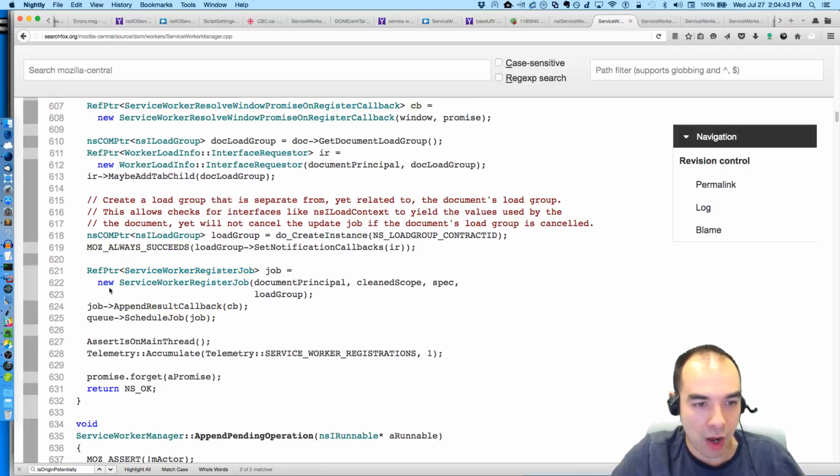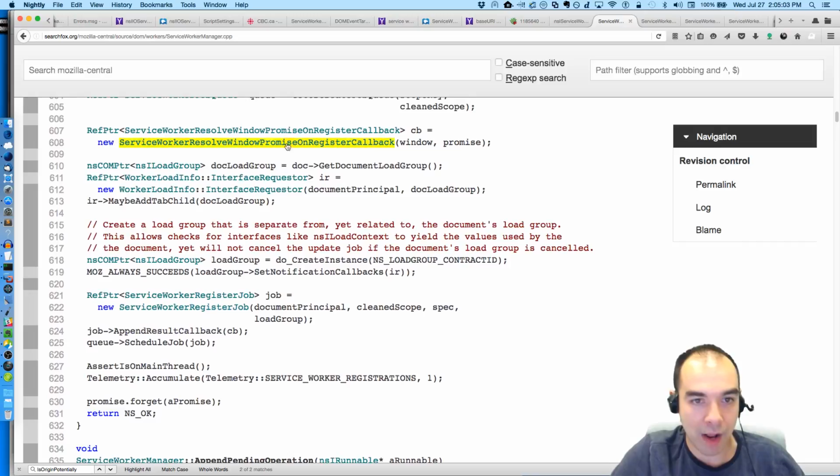Then we create a job, new service worker register job. So there's this job, and we have the principal, the clean scope, the spec, and the load group. We take the job, we append the result callback. So when this job is done, we will call this callback, which I believe is going to resolve the promise.